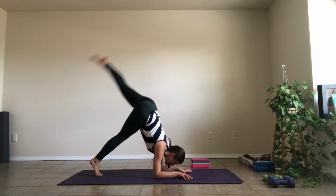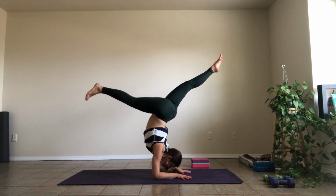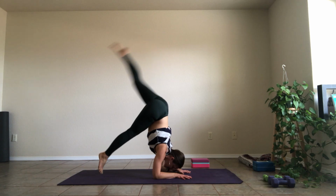Right? Like, when you start thinking, hey, I can lift that leg up. Oh, wow. My upper body can hold me. I got this. And while it still might take a little while to get there, you know that because your upper body can hold you, because you've done it before, because you've been consistent, that it's possible. Okay, so much of upper body confidence has to do with consistency and repetition and holding, and creating the space